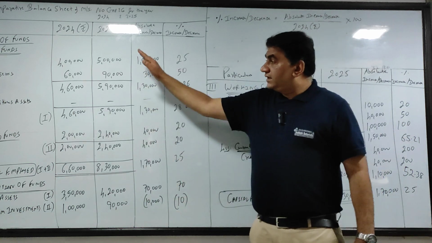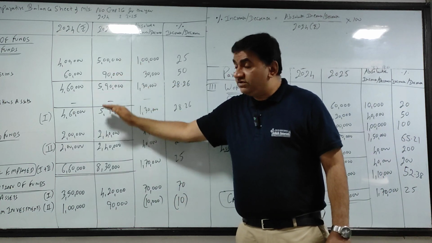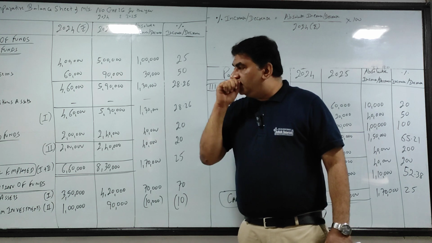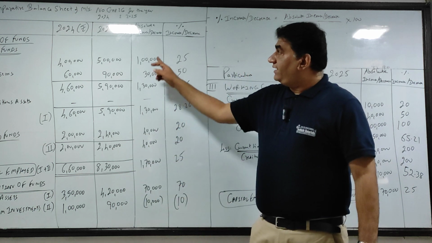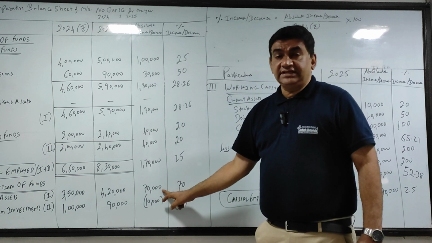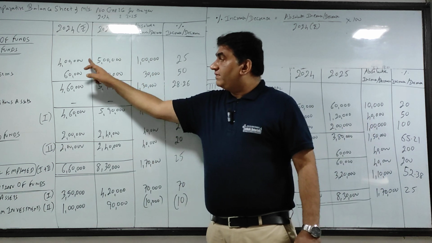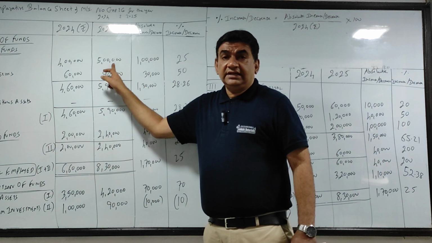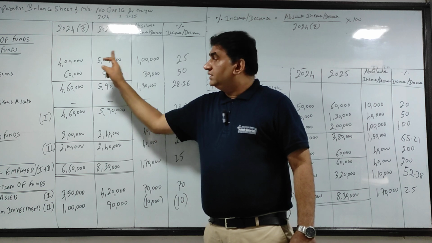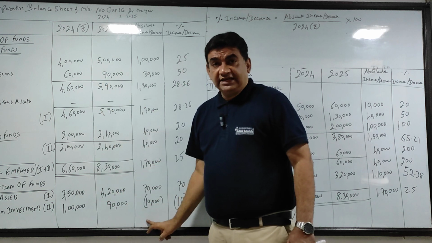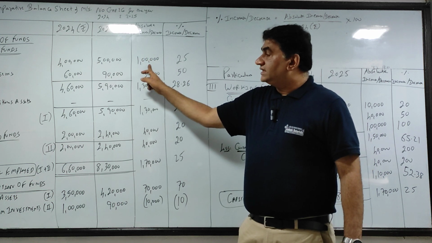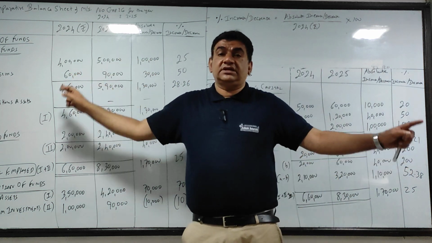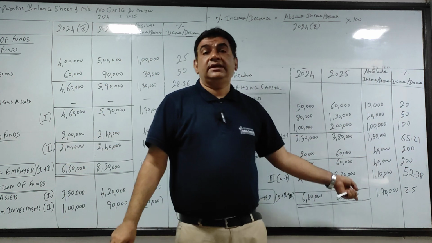Got it? And remember what I told you, first convert the full balance sheet. If it is income statement, convert the full income statement. Then fill up absolute increase decrease, which will be current year minus last year. If the current year's amount is more, positive; if the last year's amount is more, negative. And then the last column, absolute increase decrease, divide by the last year's amount into 100 and get the